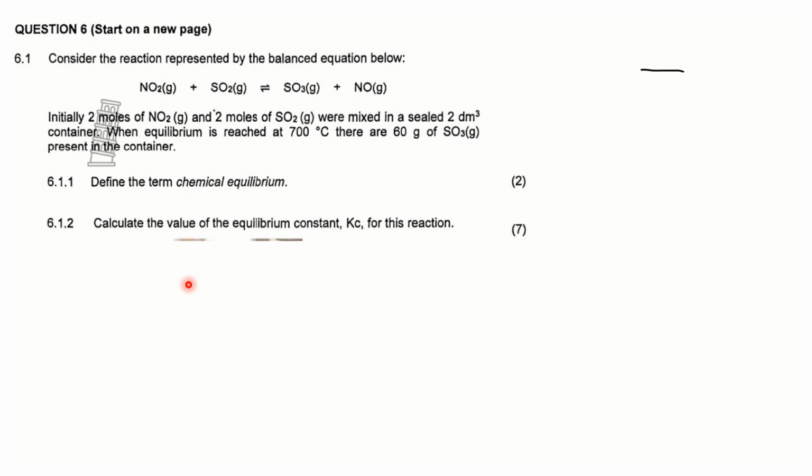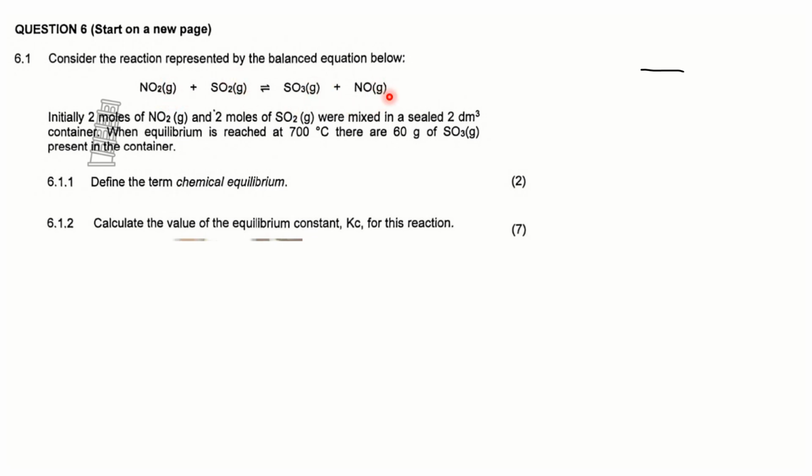In this video, we are going to calculate the equilibrium constant. So, the question reads as follows. Consider the reaction represented by the balanced equation below. This is the balanced equation that they're talking about. And you can see we have gas,